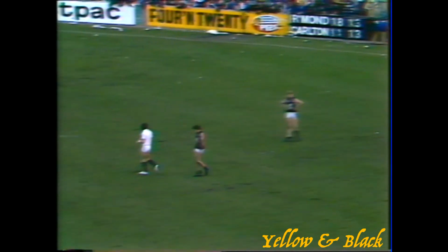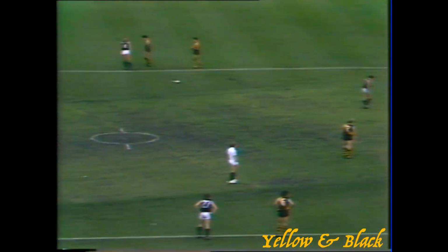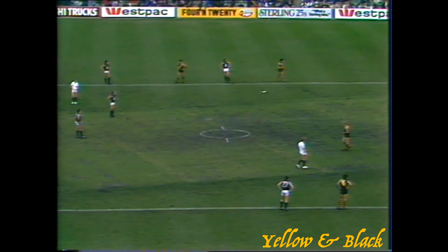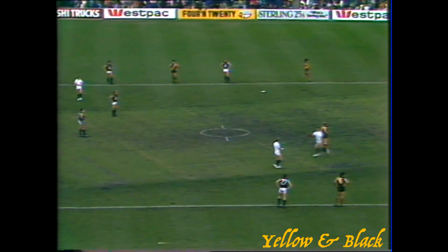Richmond leading on Sevens Big League. Good, very good goal too by Mark Buckley, and he's been quite impressive since going to full forward. He was down at centre half forward. He was well beaten out there by Strawn. Since he moved to full forward and Ditchburn's come up, Ditchburn actually went off the ground. Now he's